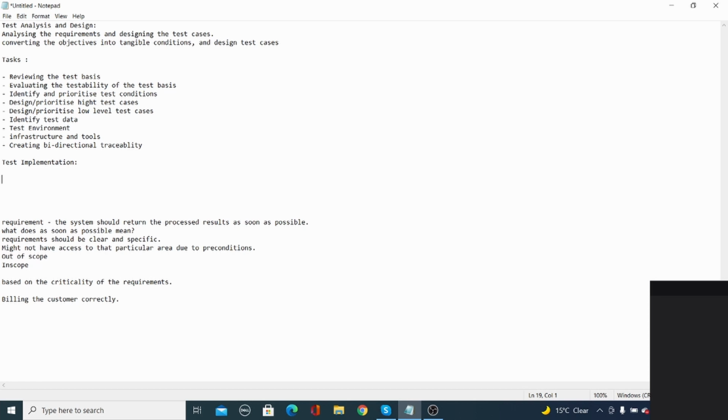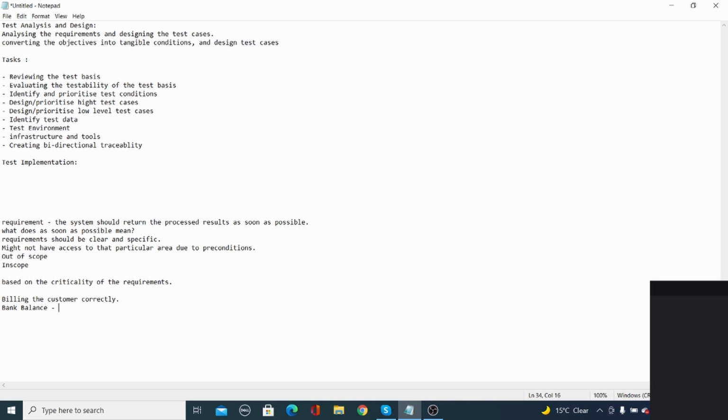The test sets are prepared based on the preconditions. For example, you want to test bank balance. When you are testing bank balance, verify the sequence: you log in to the system, go to my account, deposit money, withdraw money, and check bank balance.